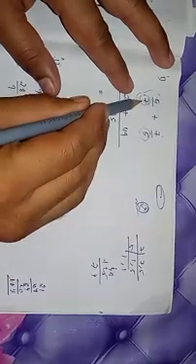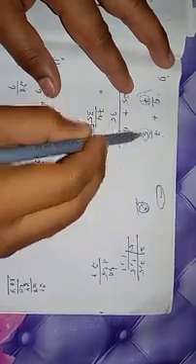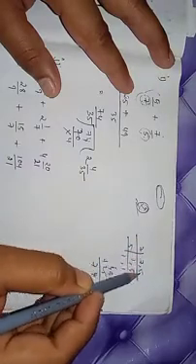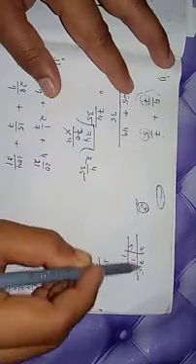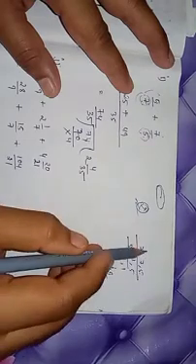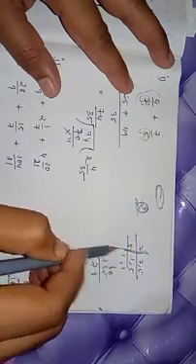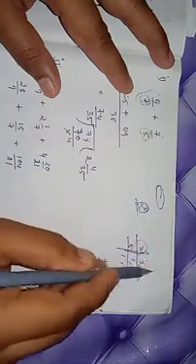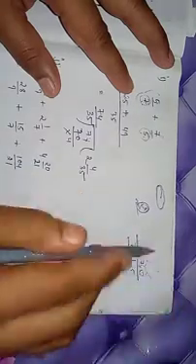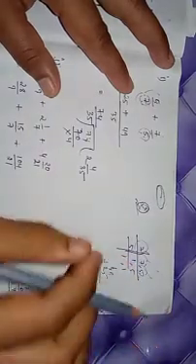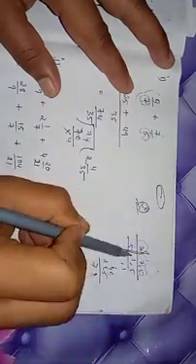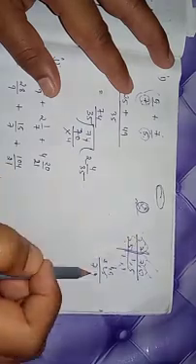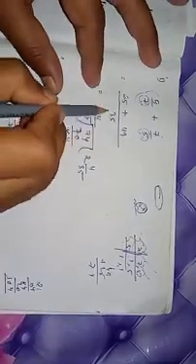You can see the denominators are 7 and 5, and I have calculated the LCM of 7 and 5. 7 and 5 both are prime numbers, and you know that you can use only prime numbers here. Prime numbers are numbers which aren't divided by any other number except themselves. So we got the LCM as 7 into 5, that's 35. So that's why I've written 35 over here.